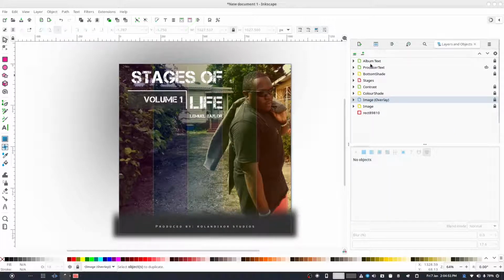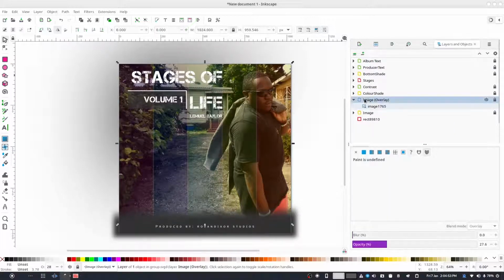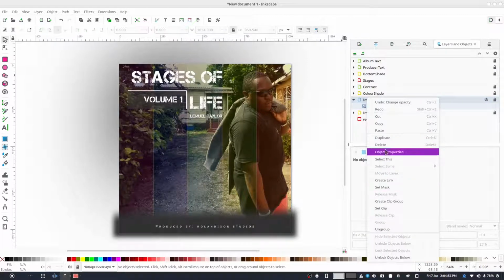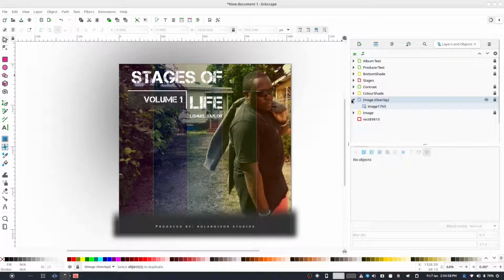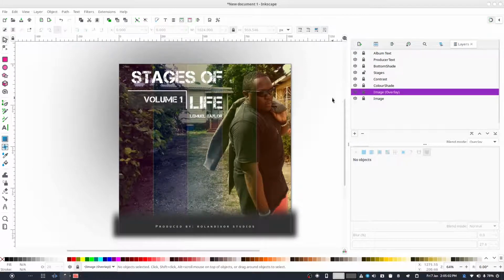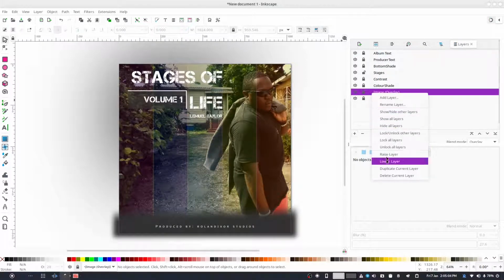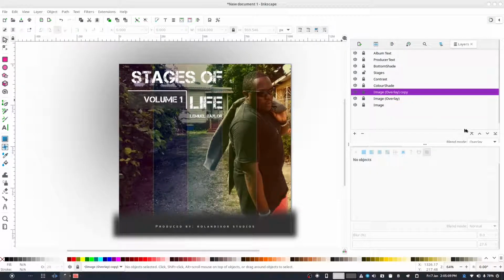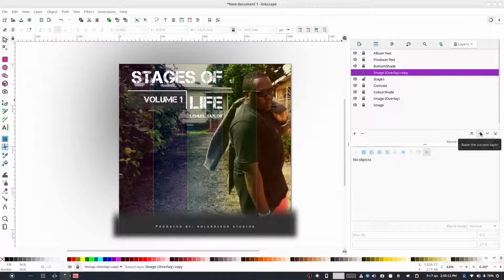Okay, it doesn't seem to want to actually duplicate this layer, so let me try this one more time. If it doesn't work, because I am using a development build of Inkscape, there may be bugs. If it doesn't work, I'm going to use the regular layer panel and see, yeah, that works. So we can move this one up above Stages